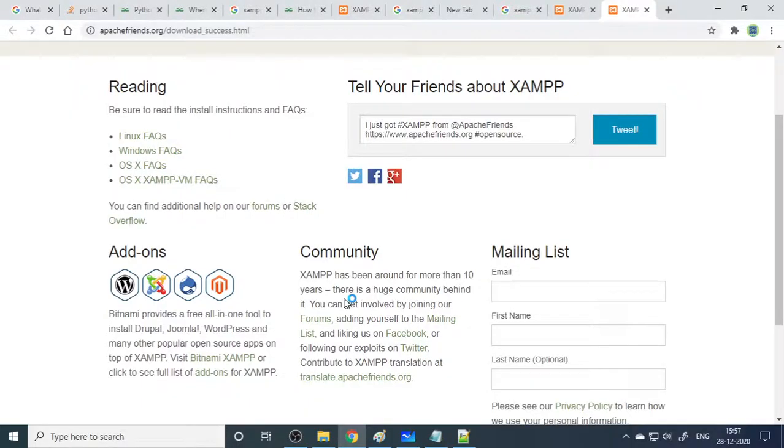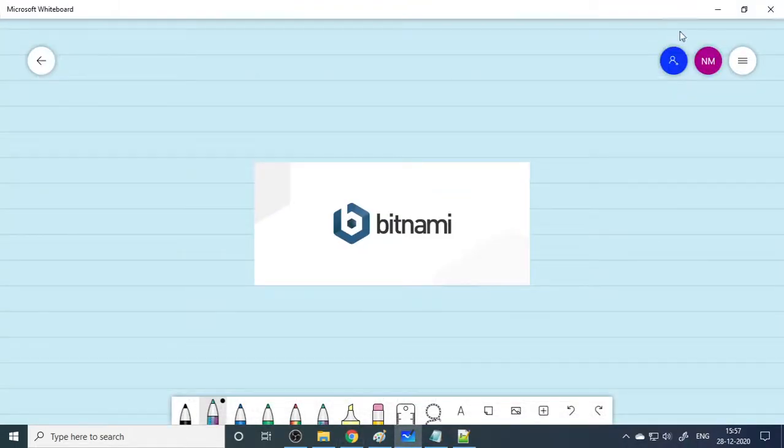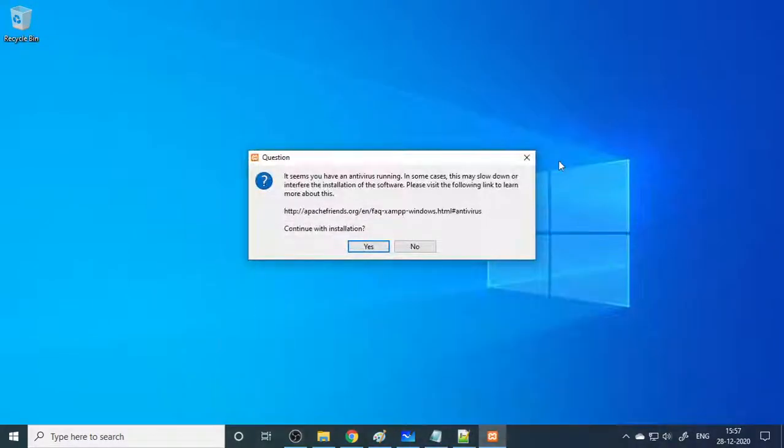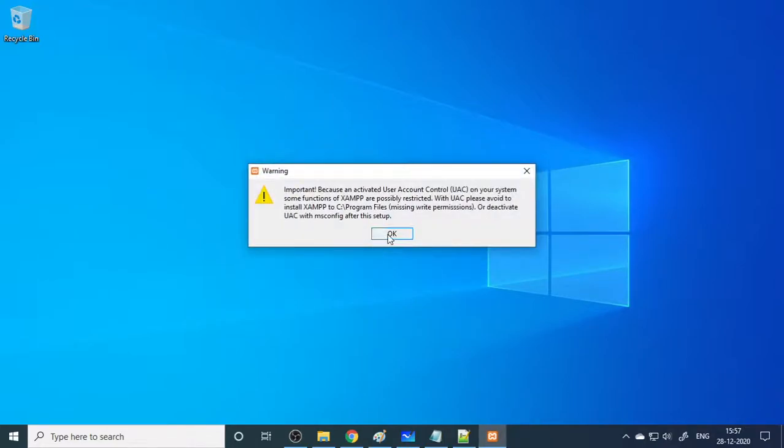So Windows 64-bit. It says that it seems you are running antivirus. In some cases, this may slow down the installation software. Okay, we can continue with this.